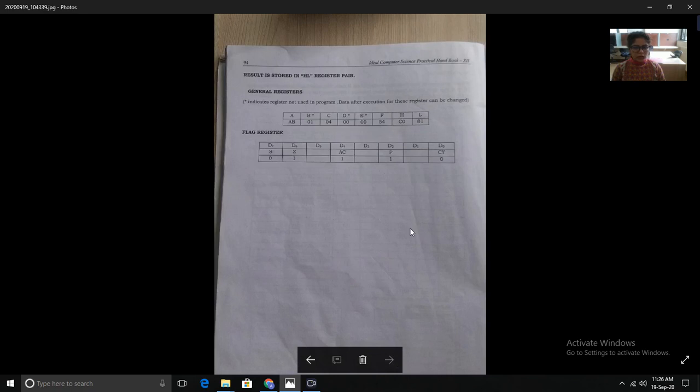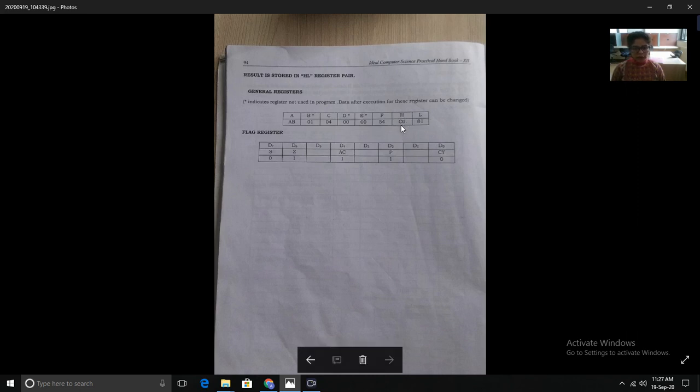And these are the general registers and flag registers affected during the program. So you can check in the A register, that is accumulator, the data is AB because we have stored the item AB in the accumulator, and we have to store the location where we found the AB in the HL register pair.